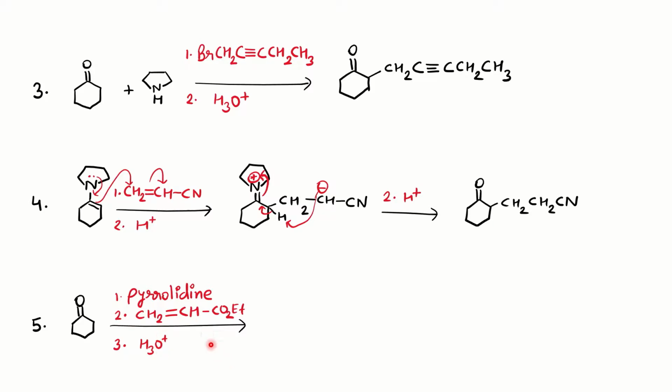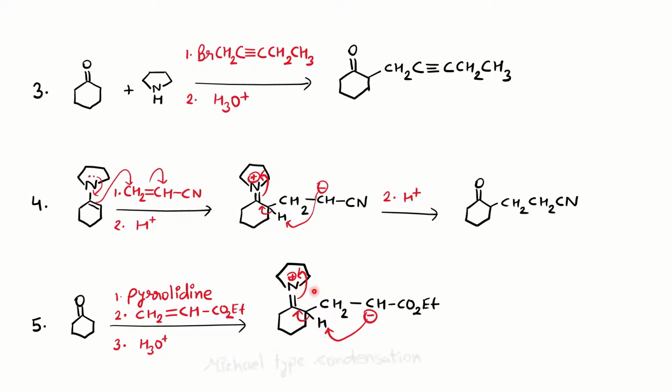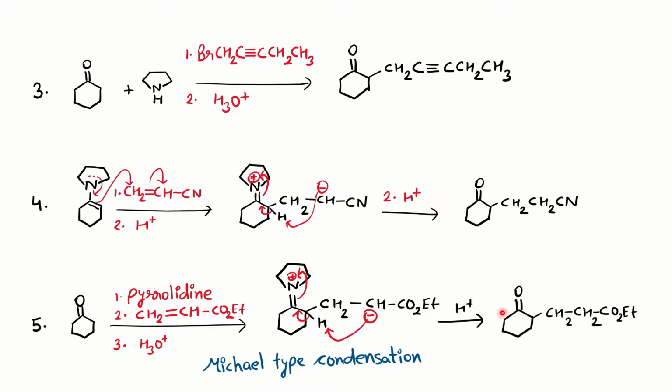This is again the same kind of example. You can notice here you have CH2 double bond CH, and you have C double bond O, OEt. So an alpha beta unsaturated group is present here. Pyrrolidine, again you have the secondary amine, you have the alkylating agent, and hydrolysis in the presence of acid. So this is the hint that you are going to do the CC bond forming reaction at the alpha position by forming the enamine. So this is the enamine, and like we have done in the fourth reaction, abstraction of a proton satisfies this charge, and in the presence of acid it will give you the final product. So this is the Michael type of condensation.